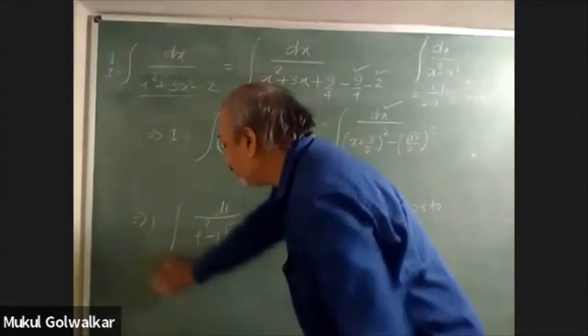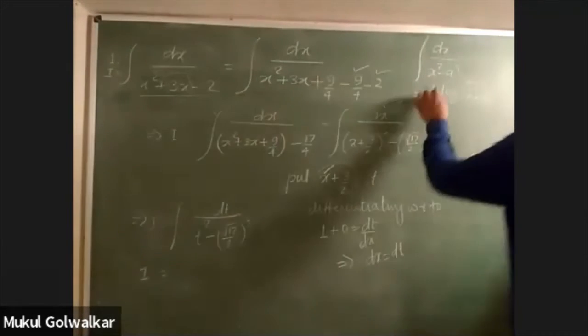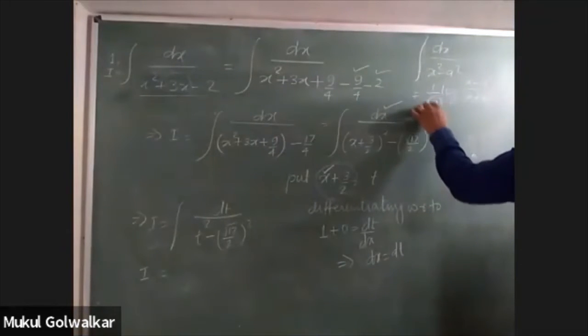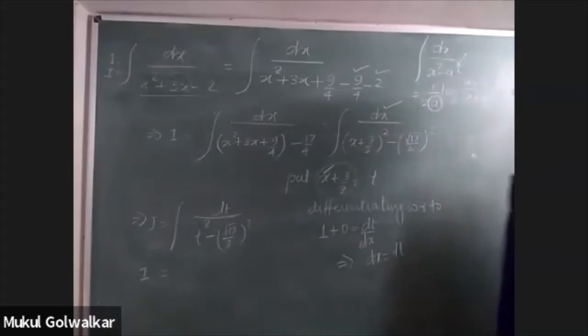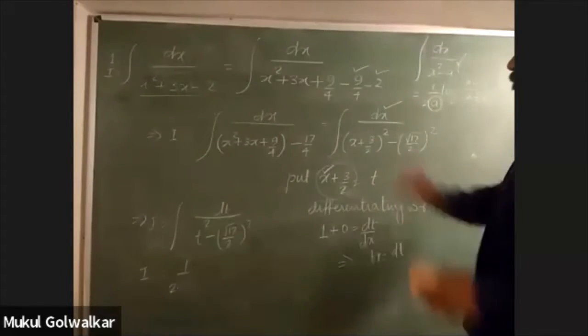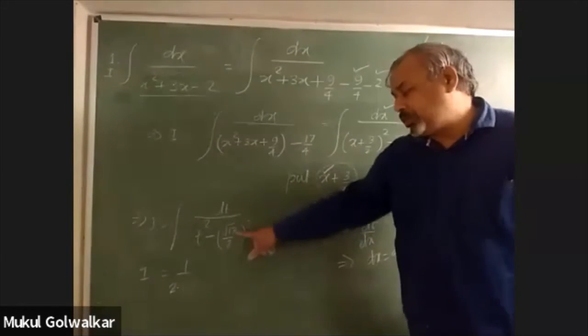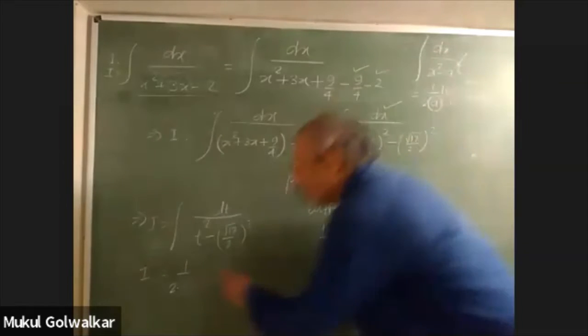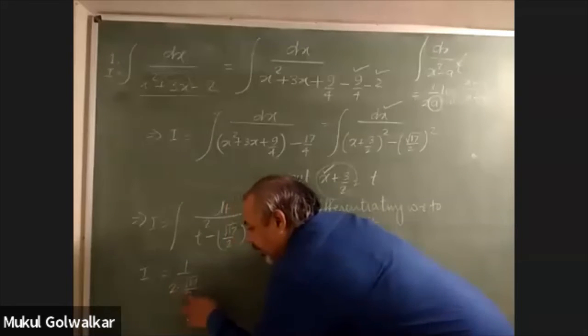So here, how can we write the answer? The answer will be equal to 1 by 2a. Here a is the same constant quantity whose square was written in the formula. So 1 upon 2 into the value of a. What is the value of a here? The square of a is written here, so a is root 17 upon 2. So 1 by 2 into root 17 upon 2 is the value of 1 upon 2a.